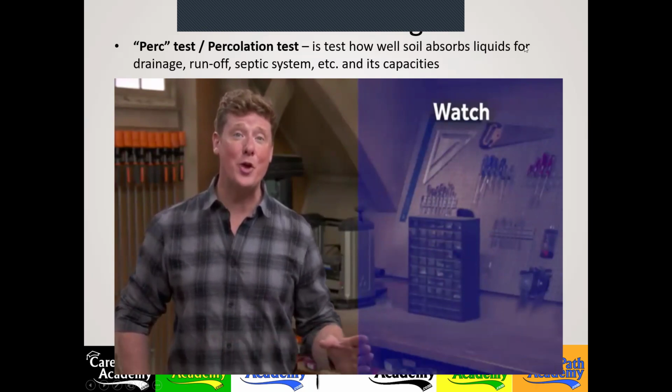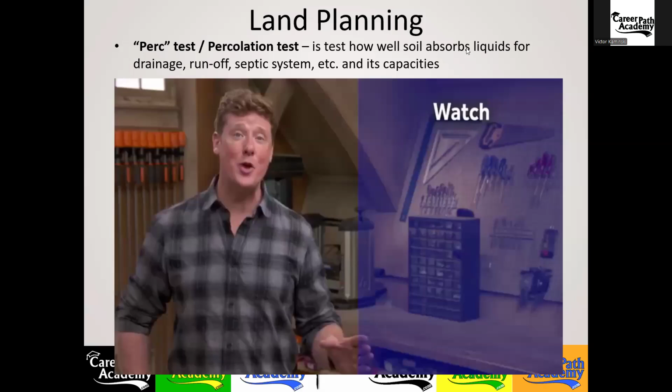I think it would be more scientific than that, huh? But that's the basic test that they call a perk test, to see how well the earth accepts that water and the drain level. All right, now